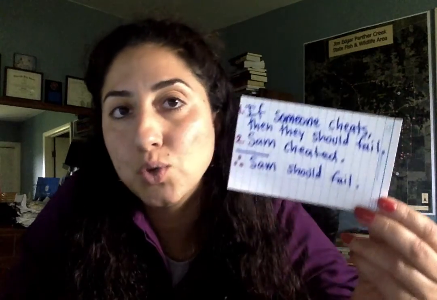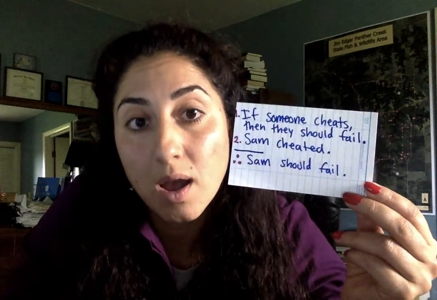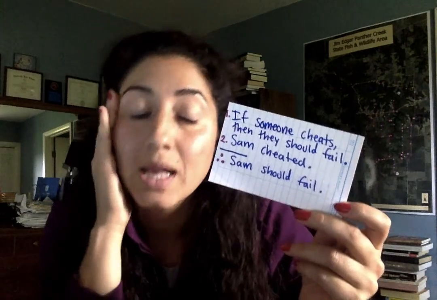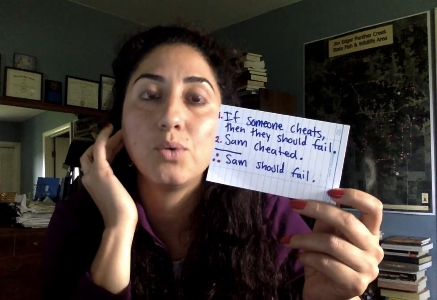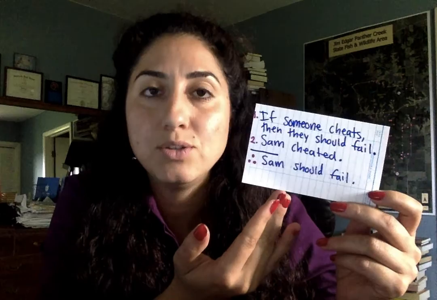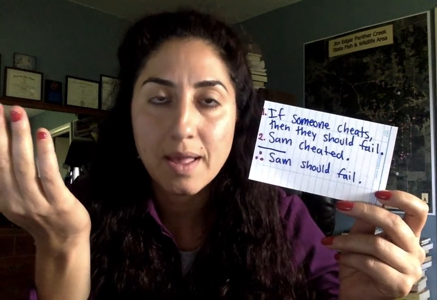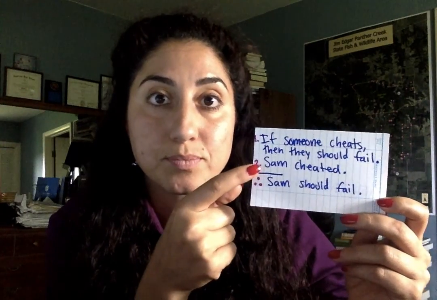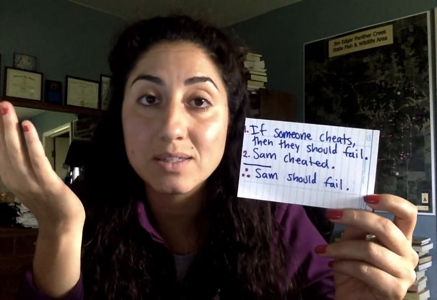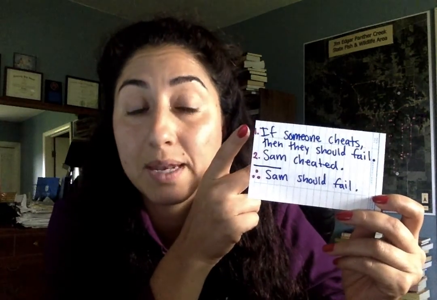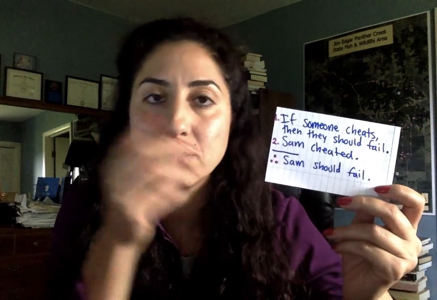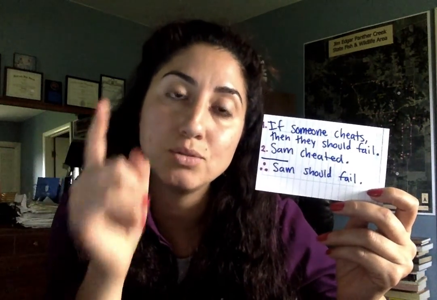So let's say you want to prove wrong that Sam should fail. Let's say you're Sam, and you have to come up with a way not to fail. And the teacher says to you, you have to fail. And you say, why do I have to fail? And they say, well, you cheated. That's premise 2. And anybody who cheats should fail. That's premise 1, that if you cheat, you should fail. Therefore, you have to fail because you cheated, and anyone who did cheat like you did should fail,